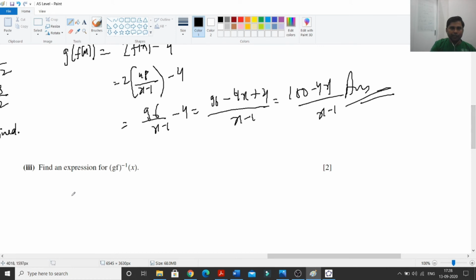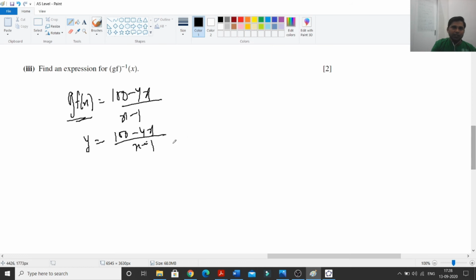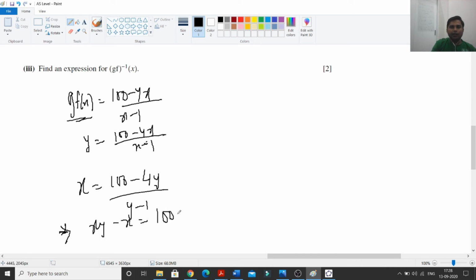So gf, first write down g of f(x), which is 100 minus 4x over x minus 1. So replace the function with y. So y equals 100 minus 4x over x minus 1. Then we'll interchange, we'll write x with y and y with x. So x is equal to 100 minus 4y divided by y minus 1. Now we will cross multiply. So we'll get xy minus x equals 100 minus 4y,